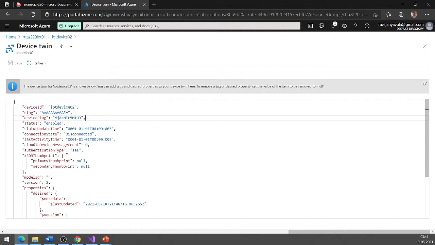And the status, as I was saying, these identity details are read only, and we cannot change them. So let me try to change the status to disable. If I save it, it doesn't get saved. It will revert back to enabled again. This is because we cannot change the identity details. It's all read only. If we want to change it, we need to have IoT hub level access.